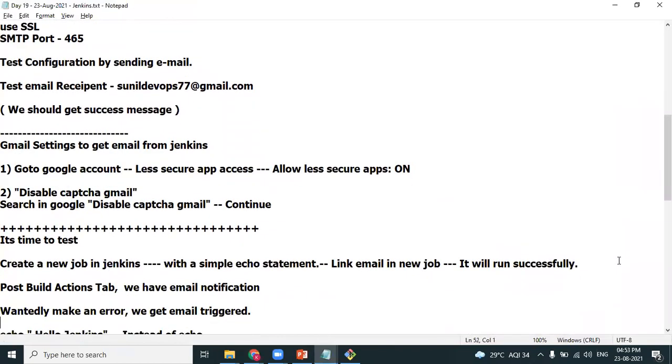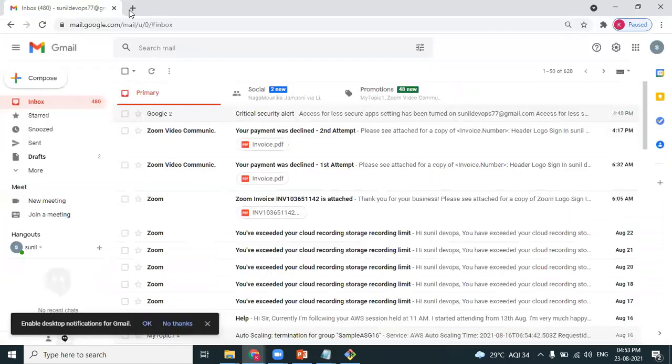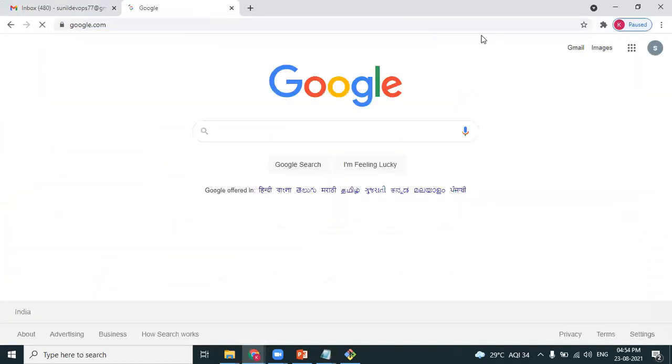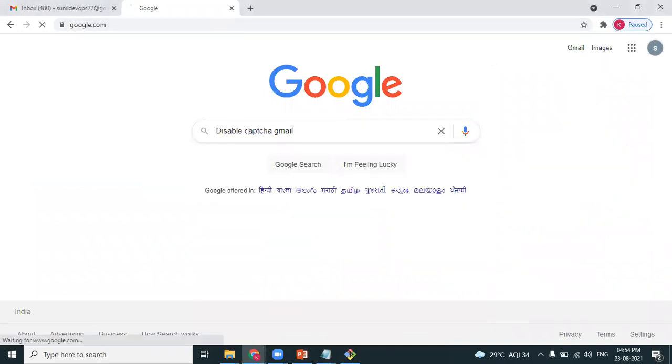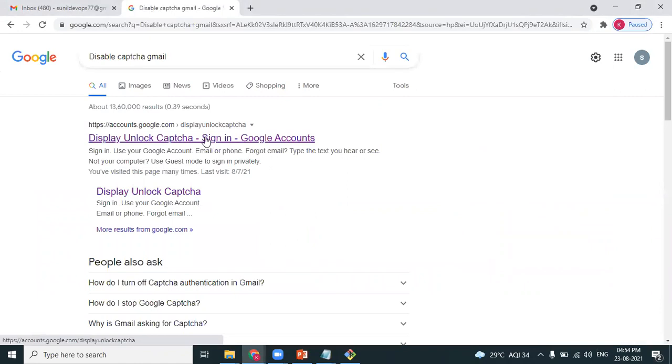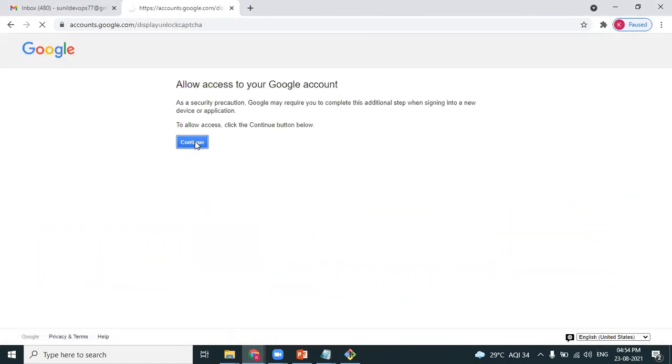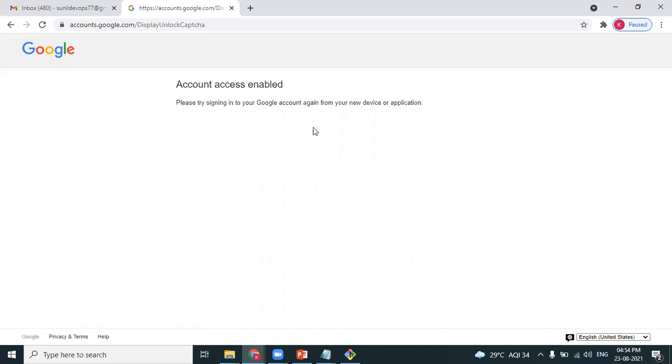I think we have already disabled the CAPTCHA. I want to try one more time.